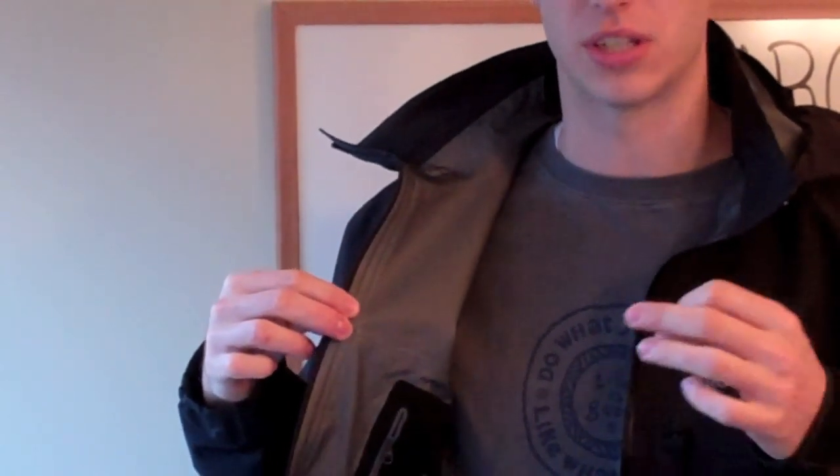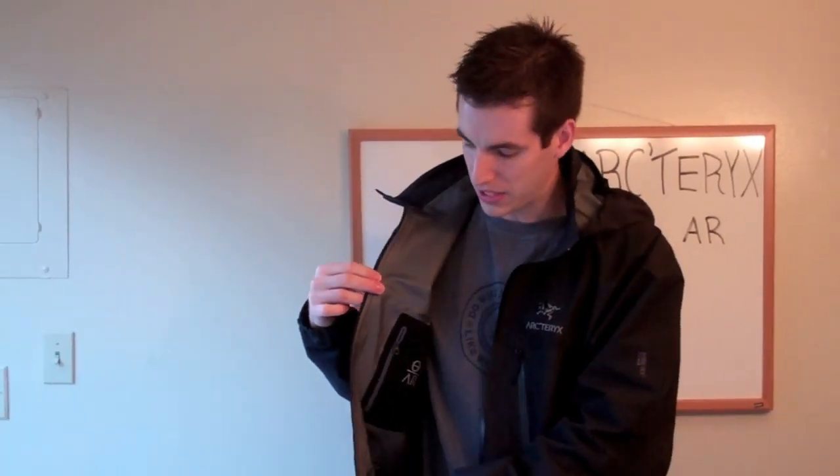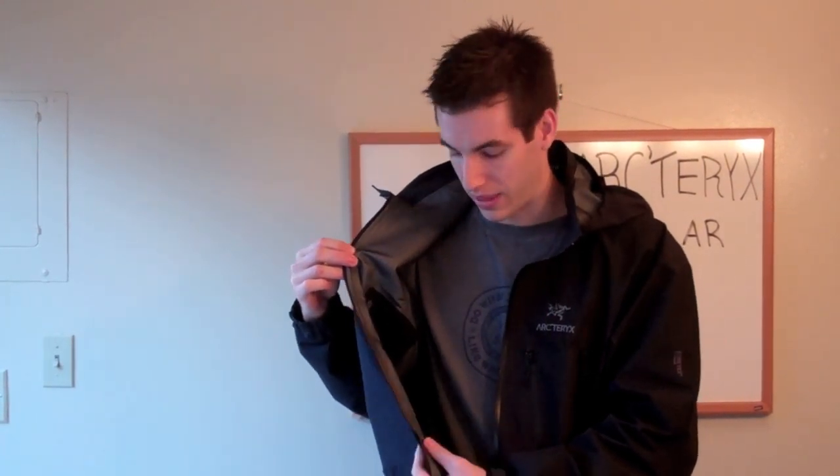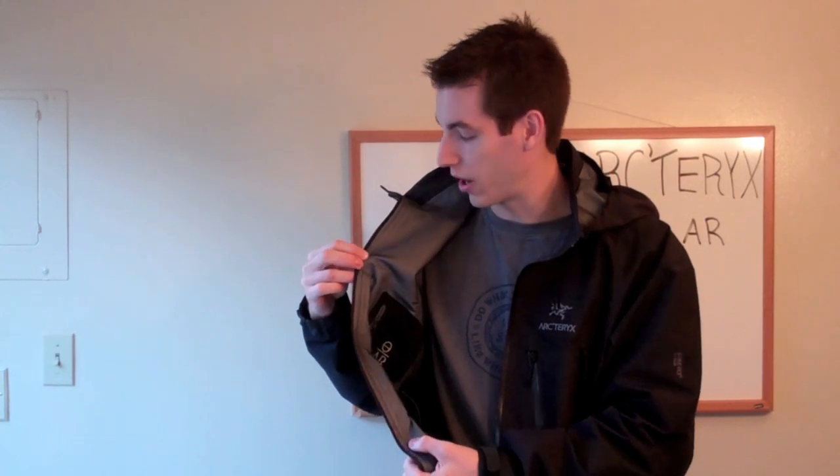On the outside, I forgot to mention, there are full-length pit zips, and like all the other zippers, this is perfectly sealed. This jacket is just so well engineered. It's probably going to be hard to see on the video, but the seams are all sealed, and there's no bulk at all. You see in other jackets there's some bulk, some stitching, some overlap, and I believe the reason for that is that Arc'teryx, I think they're one of the only, if not the only company that has found a way to weld fabric. They actually weld fabric, and that's incredible because